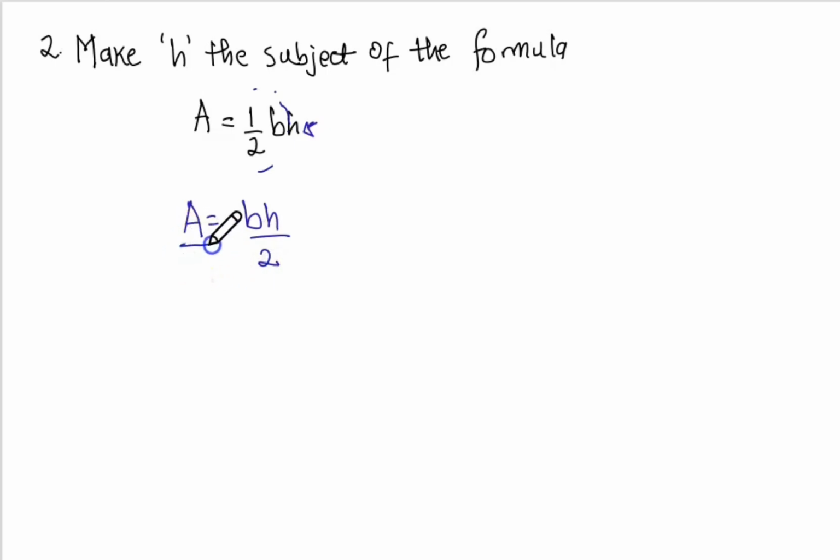So then we are going to cross multiply, but I'll make this to be over 1. We are going to cross multiply. Now bh times 1 gives us bh. Then 2 times A will give us 2A. Again, we are interested in h, but there's a b attached to it. What we simply do is what's called divide both sides. So we divide both sides by